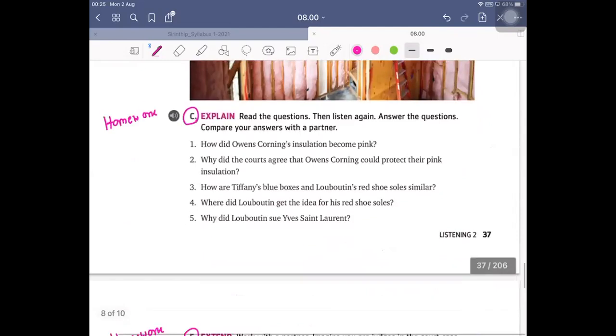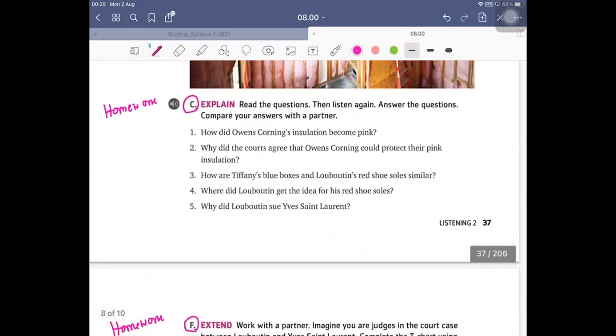Right. So basically, exercise C and F, for exercise C, you can listen to the clip that I'm about to play right now. It's around 5 minutes something, not longer than 6 minutes. I'm going to play it once, and because this is a recording, if it's unclear, you can always go back and listen to it again. So I'm not going to play it twice here, but you can play it as many times as you want. Okay, so I'm going to play that clip. You have to listen to that clip and answer these questions. So these questions are your homework.